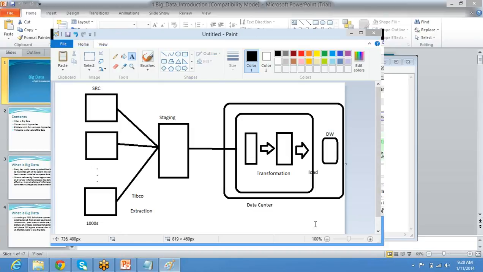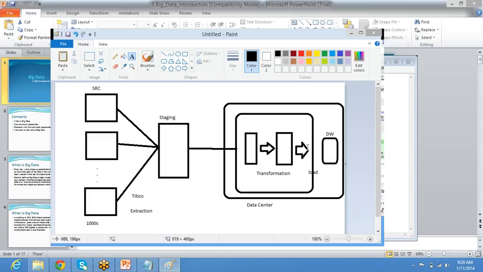Guru Prasad, this is the best way I can explain it. This is the real application deployed at one of the biggest players in the industry. These are the source systems which are generating some form of data. The data is collected by TIBCO, which is quite a popular tool. This particular process is called extraction. Usually it goes by the staging, then you get the data in one of your systems. Here you do all your transformations, for example verification, validation, and applying initial business rules.